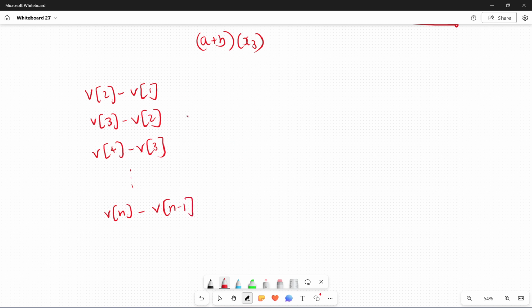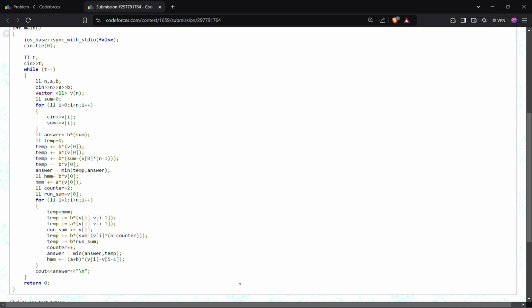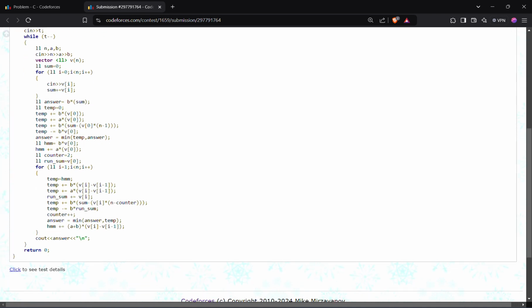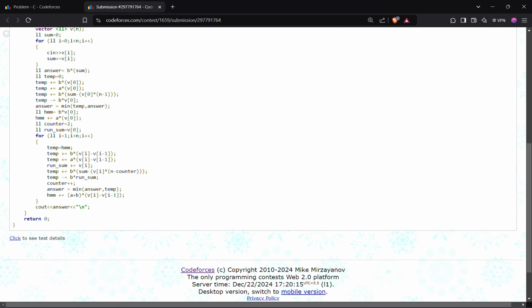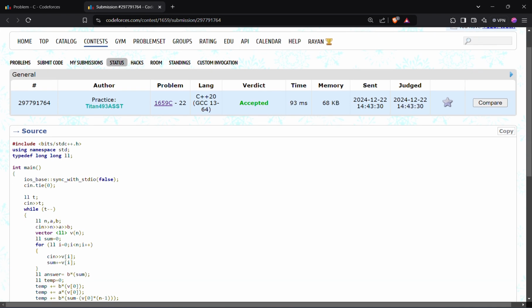Okay, sorry for the disturbance. So we were looking at telescopic cancellation. So this cancels, this thing cancels down, so on up to this thing cancels down, and it boils down to v of n minus v of 1. Okay, so this is the telescopic cancellation, and this thing is taking care of that. So yeah, this is the code, and then finally outputting the answer. So it passed nicely